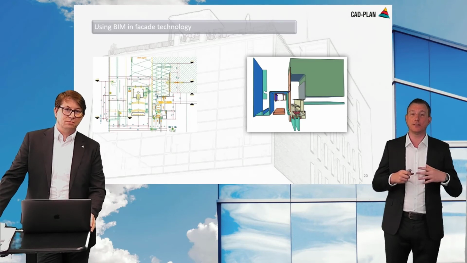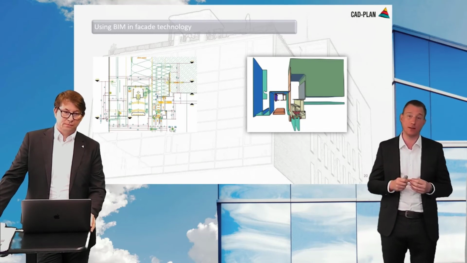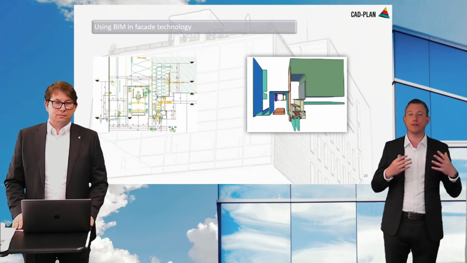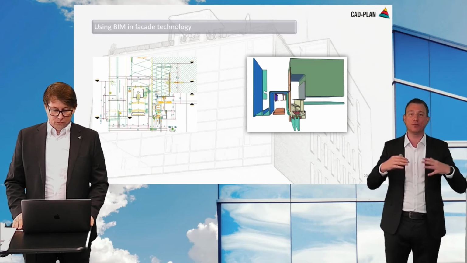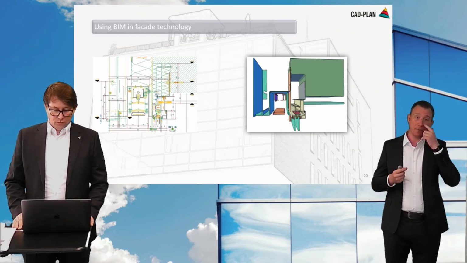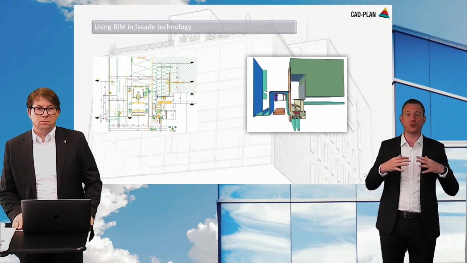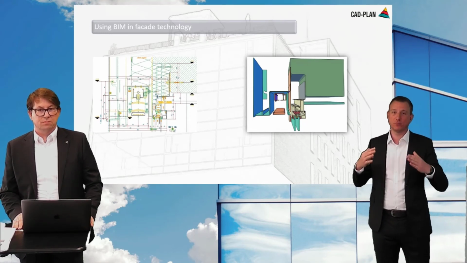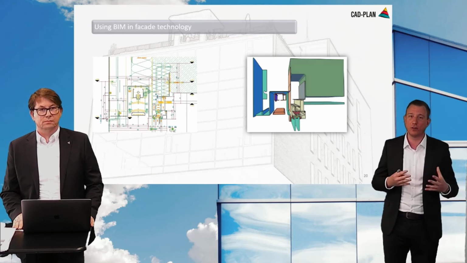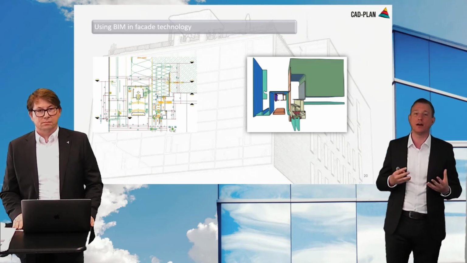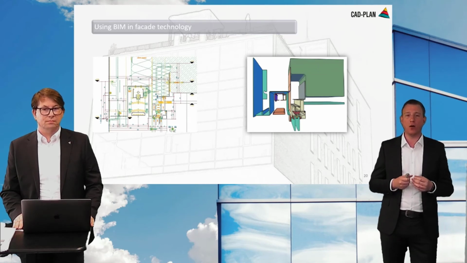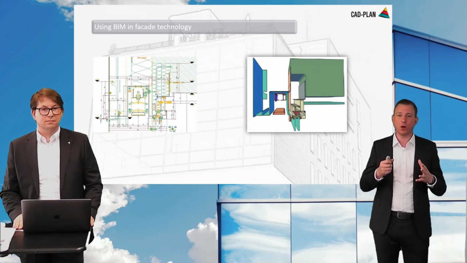On the right side, we see a detailed 3D model of the facade that contains many attributes as information. And also here you can save required information and include it in the information management as we discussed. For example, you don't have to represent the joining membranes in a 3D model, how they join together. The installer on the construction site knows later how to do these things. But we also see the level of detail